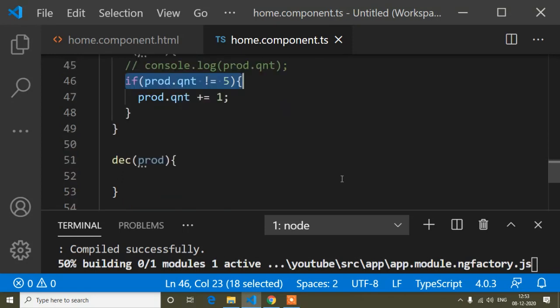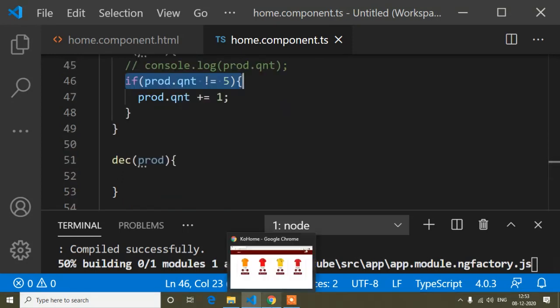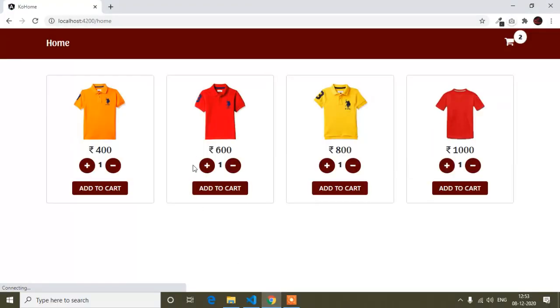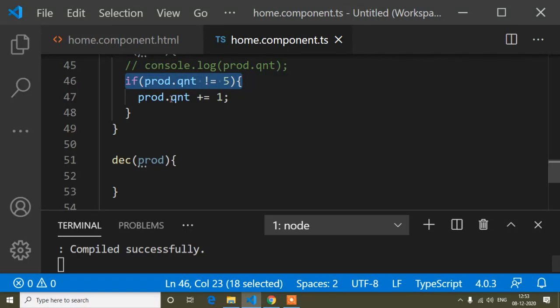Okay, so save, and it's compiling. It's refreshing, and now 2, 3, 4, 5, and now I'm clicking. You can see the product quantity is not increasing, because I said the product quantity will be increased only when it has not reached 5.